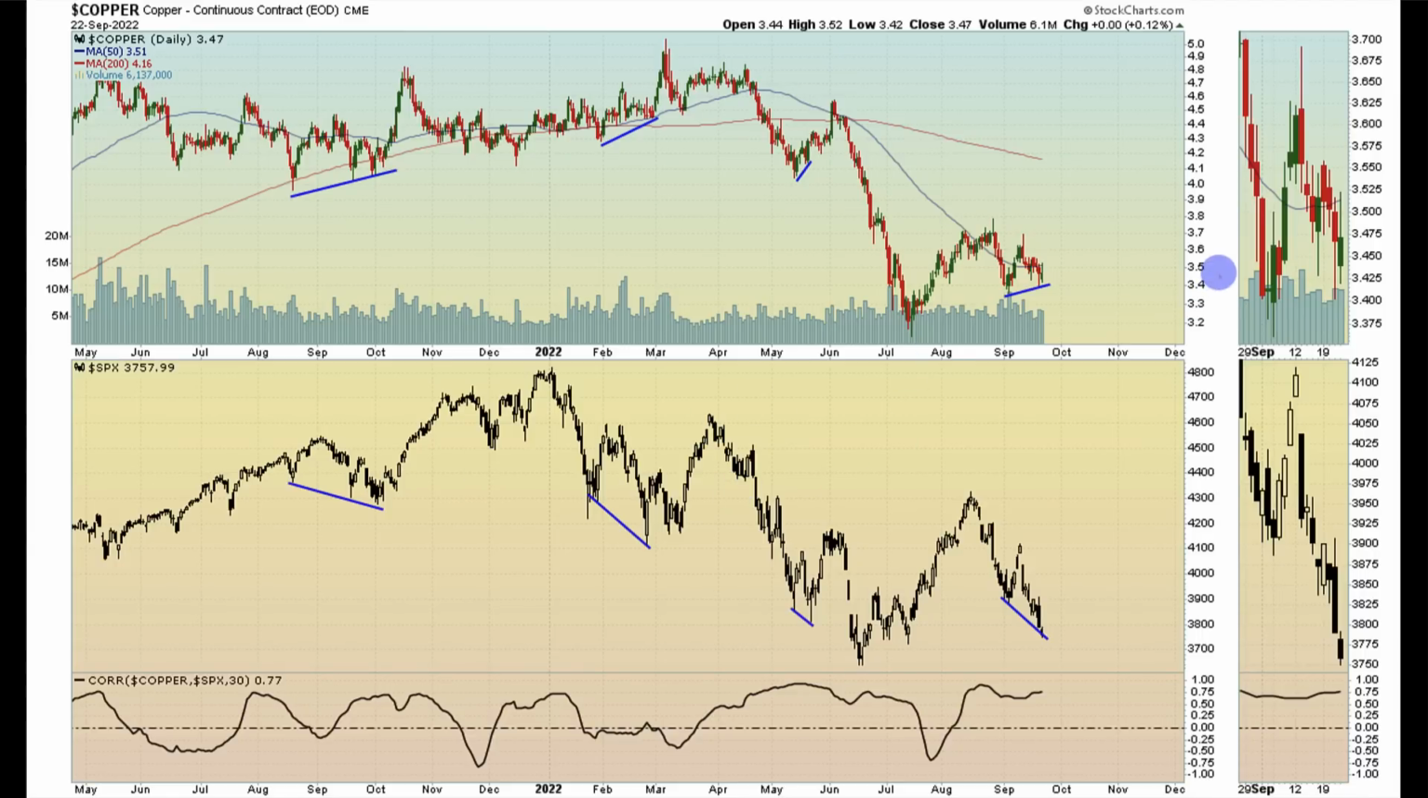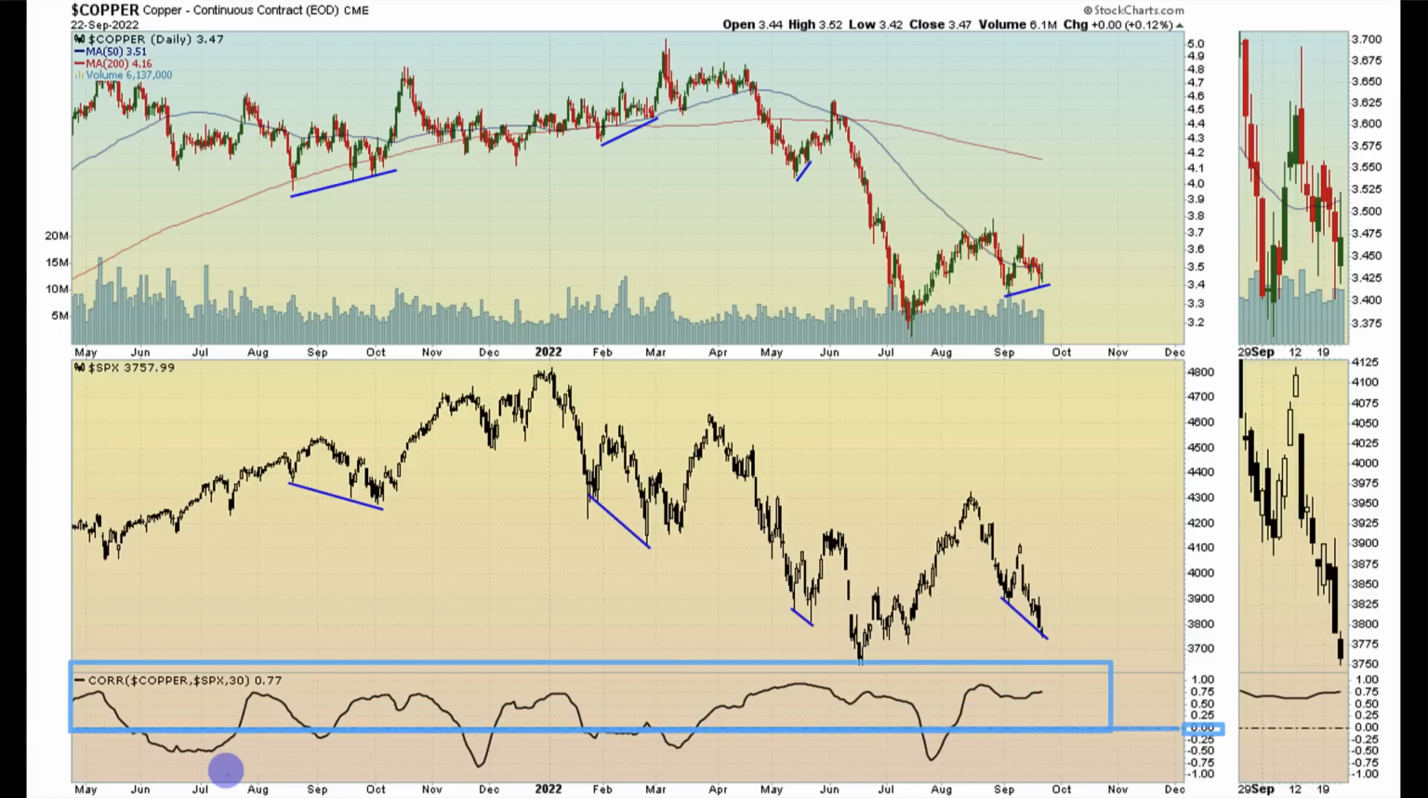I found this to be interesting. Copper typically moves with a high correlation to the S&P 500. So we're looking at a 30-day correlation, and you can see it's at 0.77 right now. So copper is moving almost one for one with the S&P 500 on a 30-day basis. And you can see here, this is where there's zero correlation, at the zero line right here. And if we just go back through time, right, you can see that most of the time is spent